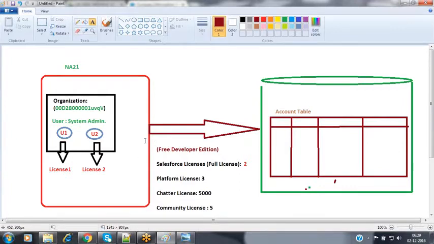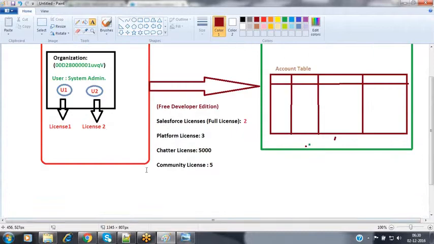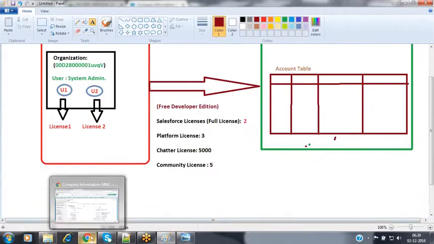Now in this kind of scenario, whenever you are going to be creating a new user record, compulsorily we should have a license. Every user should be associated with a license. Without that license, we cannot add any user record. Now, for example, assume that I have some licenses available. In that license, we can divide the multiple profiles also.